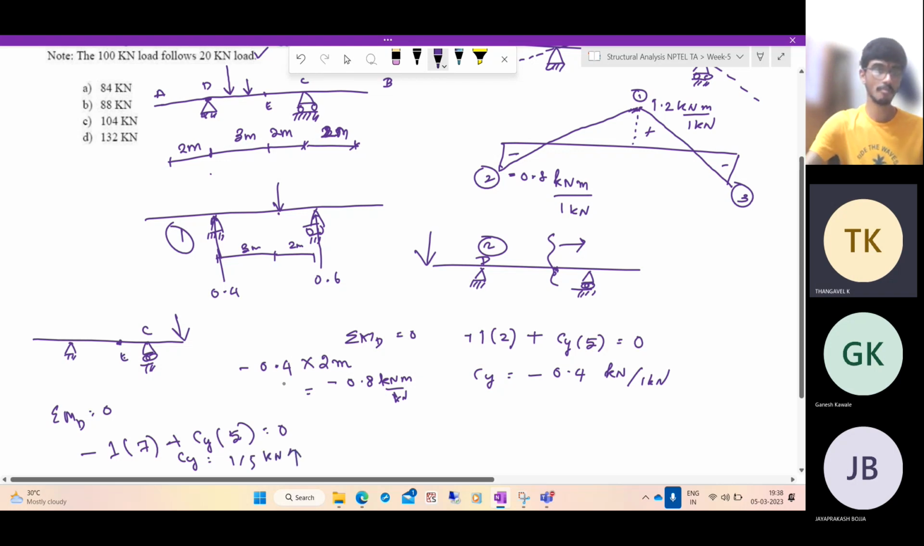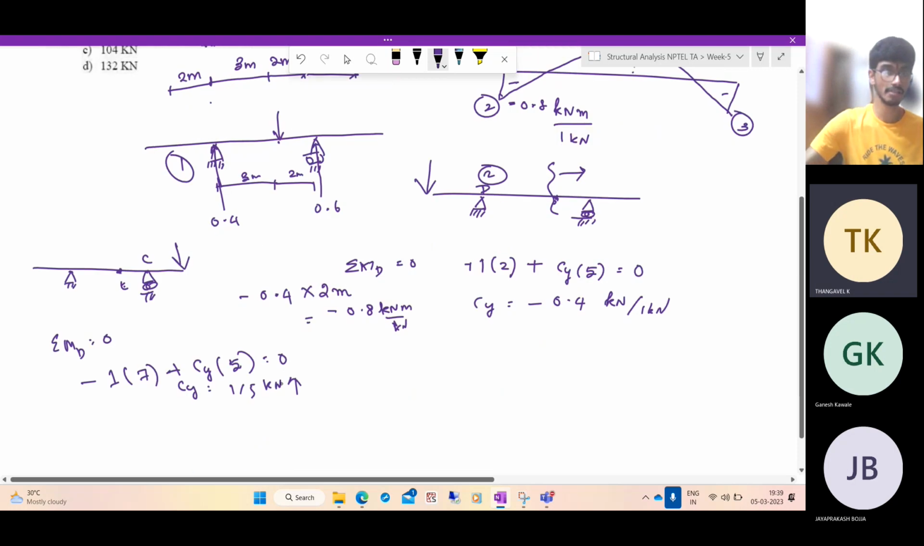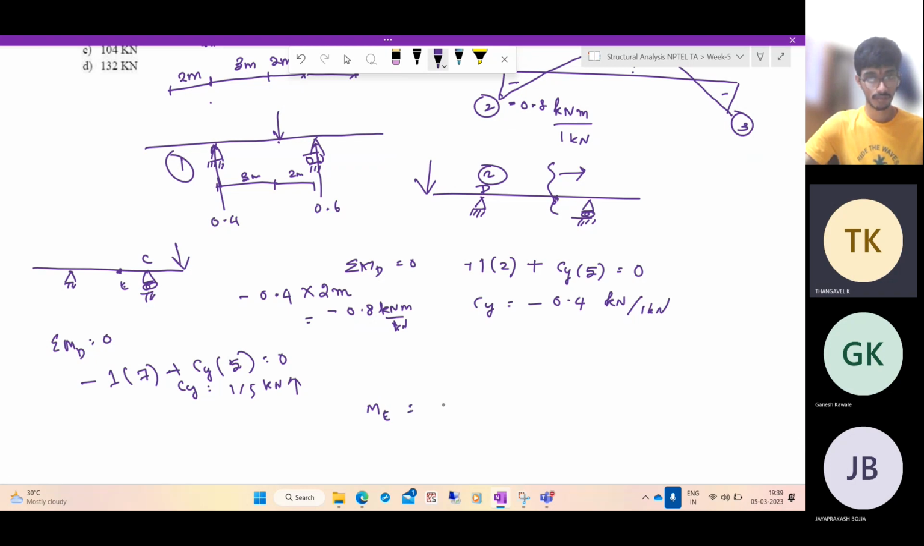Now about the point E, if you take moments, you will get ME is equal to 1 by 5 acting at 2 meters minus the actual load, which is acting at 2 plus 2, 4 meters. So 1 acting at 4 meters. 1 by 5 acting at 2 meters, minus 1 acting at 4 meters. So what is the answer? This is 2 by 5 minus 4, which is